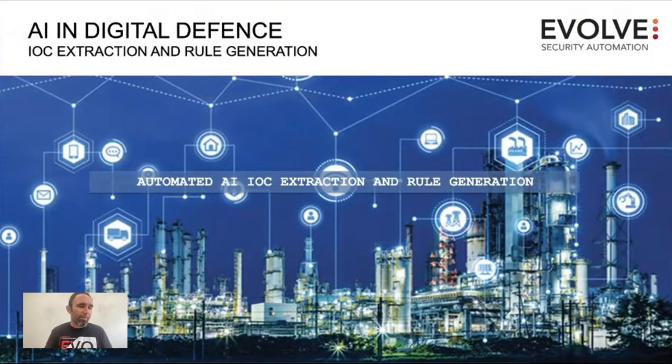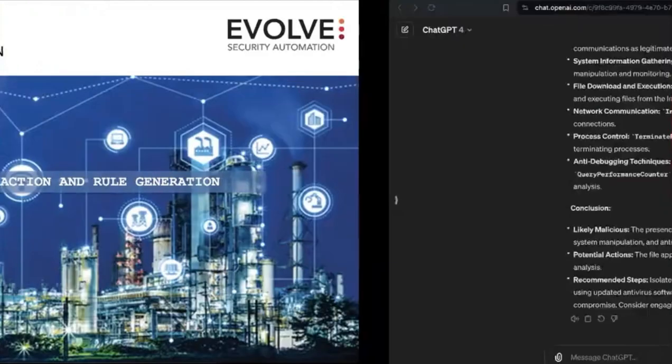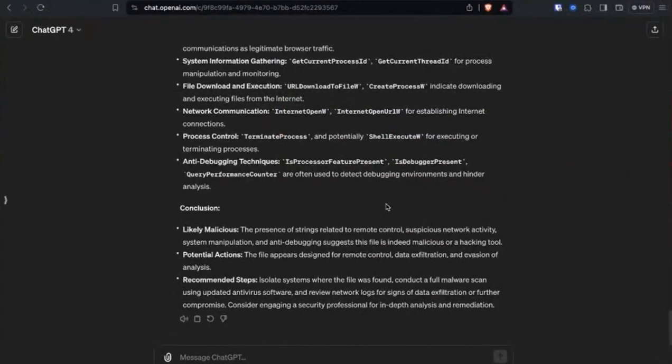So the last one that we're on is IOC extraction and rule generation. When we have a look at cyber threat intelligence, quite often it's not coming in a nice format that's easily ingestible or automatable, so what we call actionable threat intelligence. Quite often these are reports delivered through PDFs or websites, or over email, depending upon what has happened. So what we want to be able to do is get those